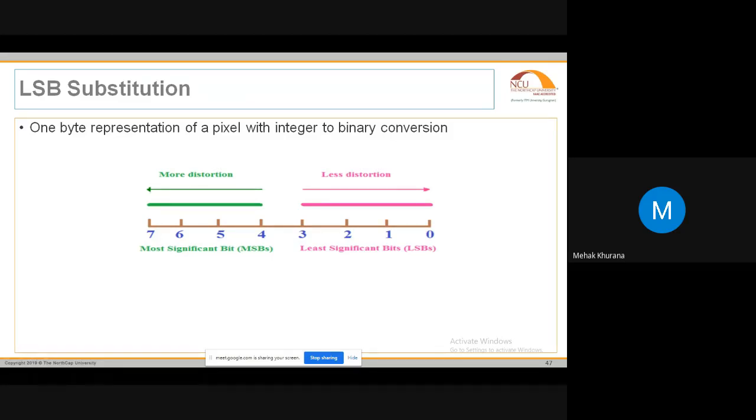So if I want it to not be recognized and to have less distortion, I need to change only the least significant bits. Earlier, in the method that I told you, I was changing only one least significant bit. You can change 2 also, you can change 3 also. As the number of bits keeps increasing, the distortion will keep increasing. So you have to take care how many bits you need to change and how much data you need to hide in the least significant bits, so that the image is not distorted and the quality of the image is not reduced. Next, sir, please.